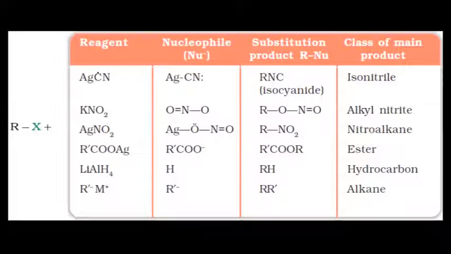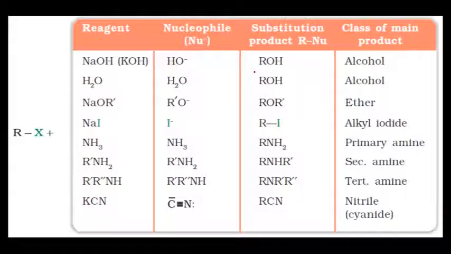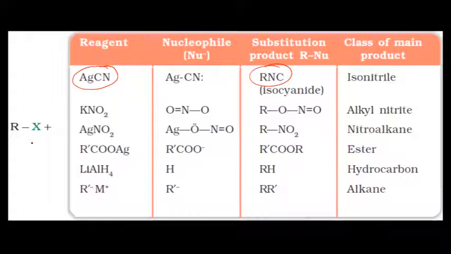Continuing with that, now you can ask: if the reaction is with AgCN, then why are we not getting RCN? Why are we getting RNC? Going back, in case of KCN, we got RCN. Cyanide got attached to R. But in case of AgCN, CN is getting attached to R not from the carbon, rather from the nitrogen. NC. This is isocyanide. CN is called cyanide, NC is called isocyanide. And there is a reason.